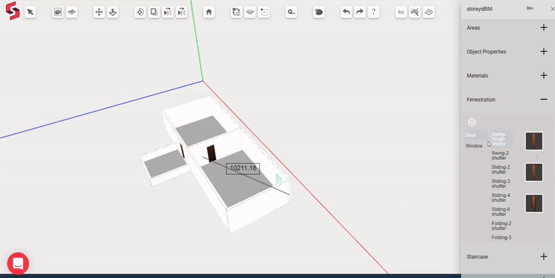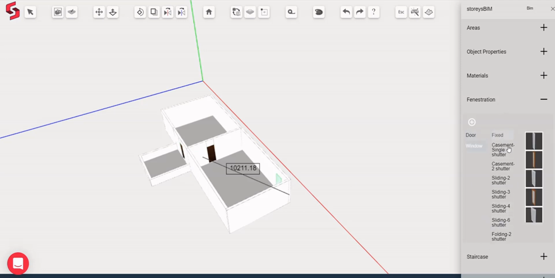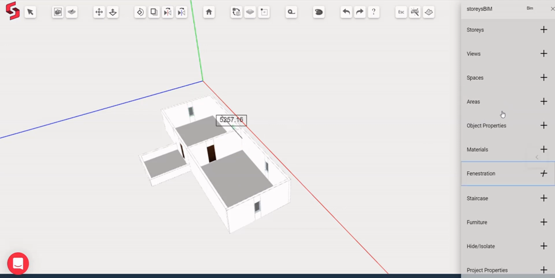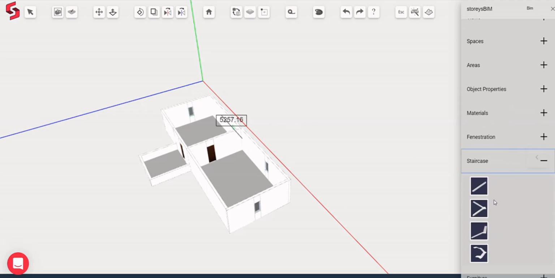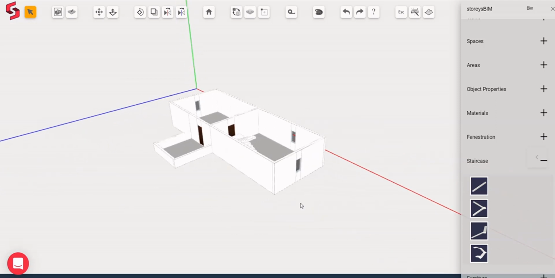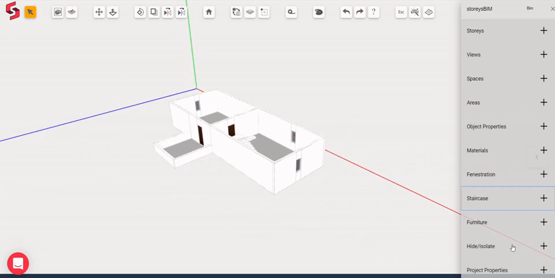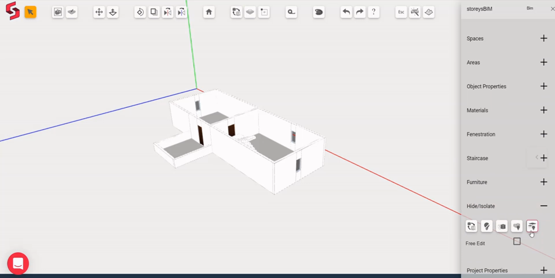I'll add some windows. Let's add some staircase as well. I'll use this dog-legged staircase and I'll place it over here. Let's bring back the hidden slab.